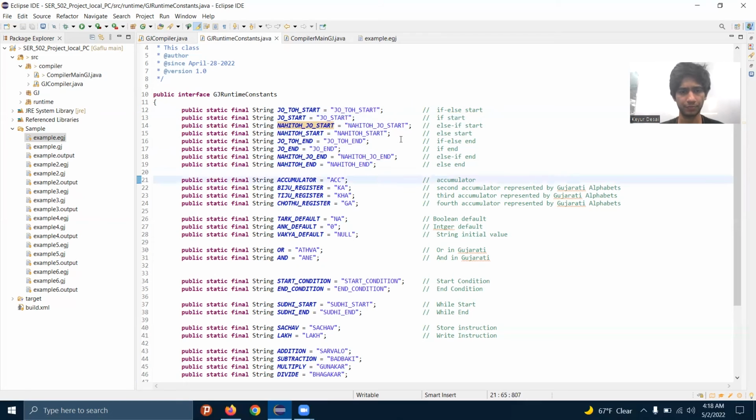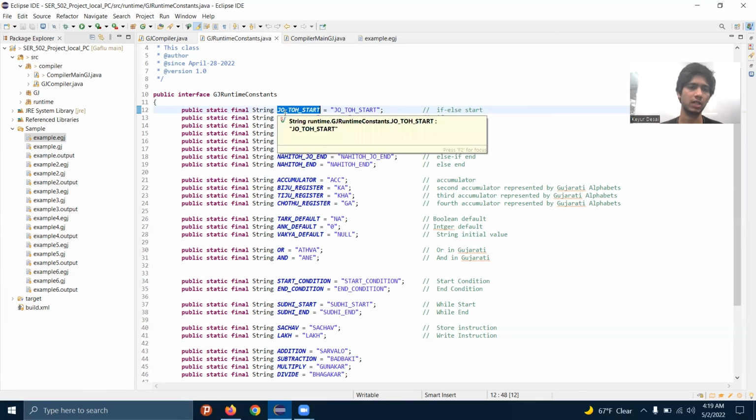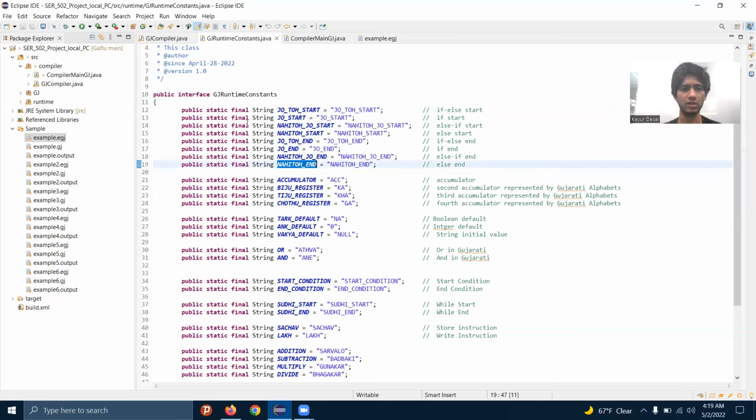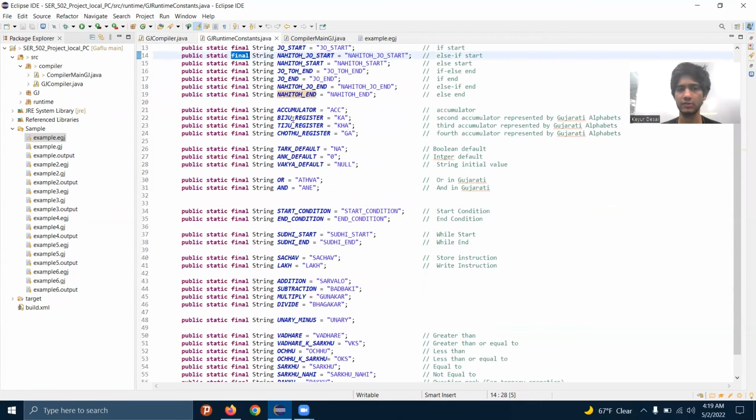And yeah, this right side will be used in the intermediate code, and this will be used in the Java code. So their constants are declared final, and like that. Biju, Tiju, Chothu means